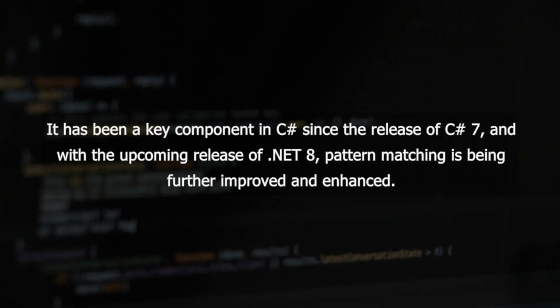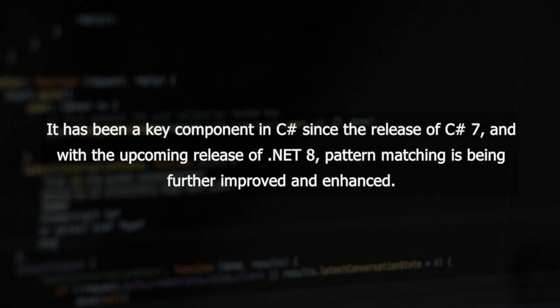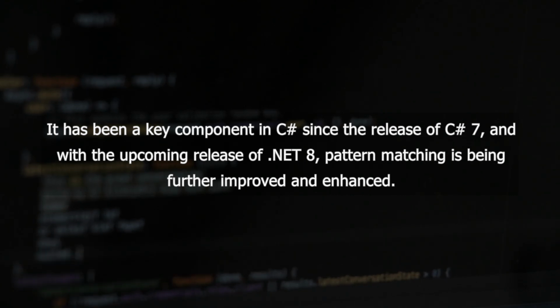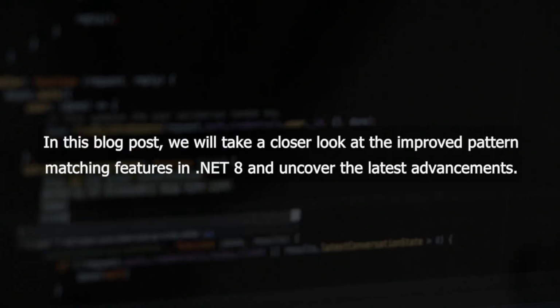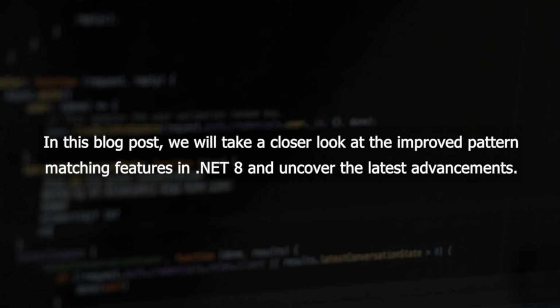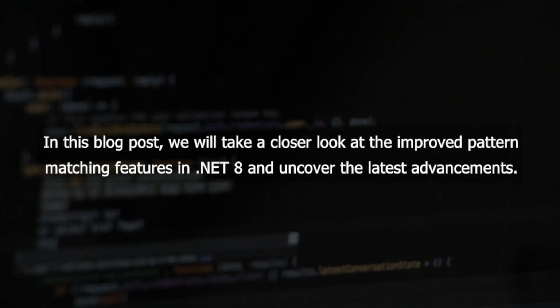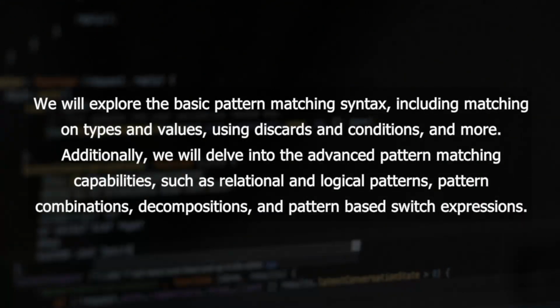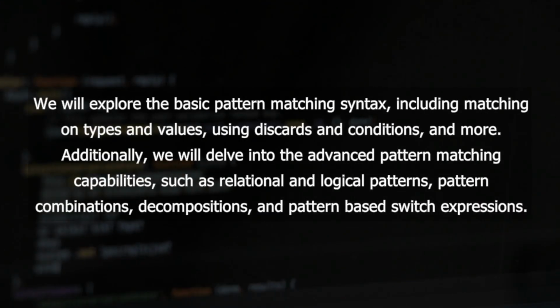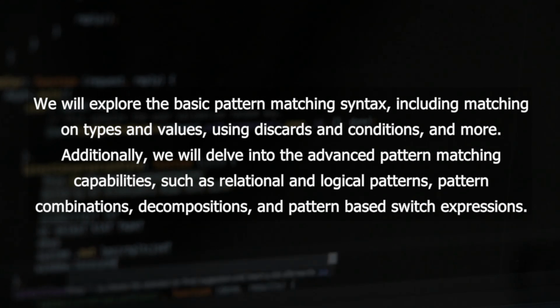It has been a key component in C# since the release of C# 7, and with the upcoming release of .NET 8, pattern matching is being further improved and enhanced. In this blog post, we will take a closer look at the improved pattern matching features in .NET 8 and uncover the latest advancements. We will explore the basic pattern matching syntax, including matching on types and values, using discards